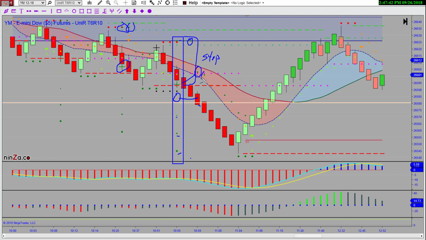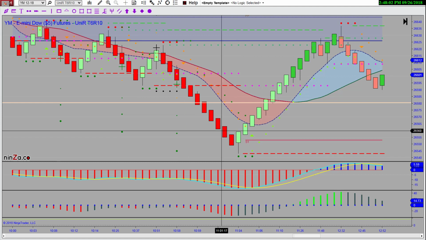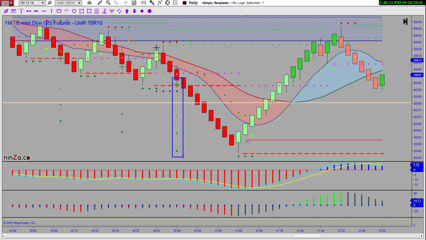So it moved the stop down, moved the stop down, it moved the stop down, and then it moved the stop down on all 4 of these. Okay? As it kind of stepped its way down. All right, let's go back. Getting a little bit busy there. Those being the targets.